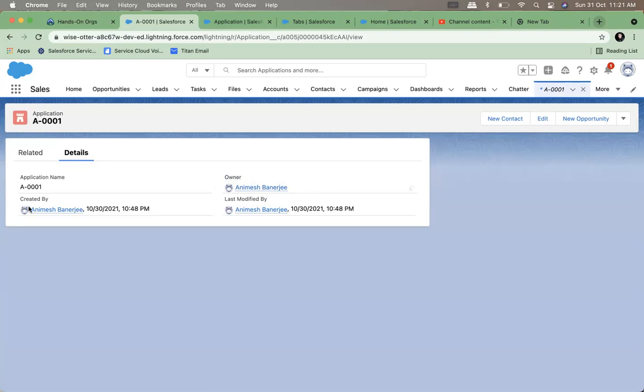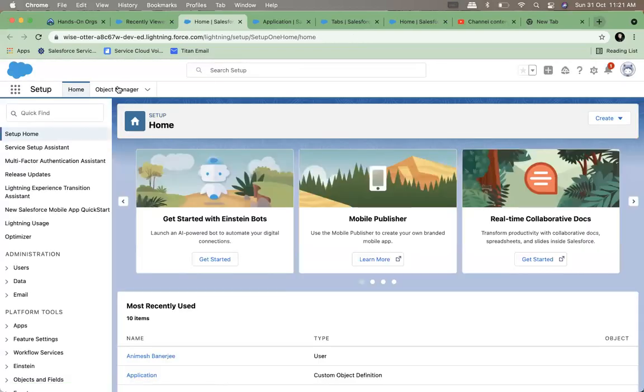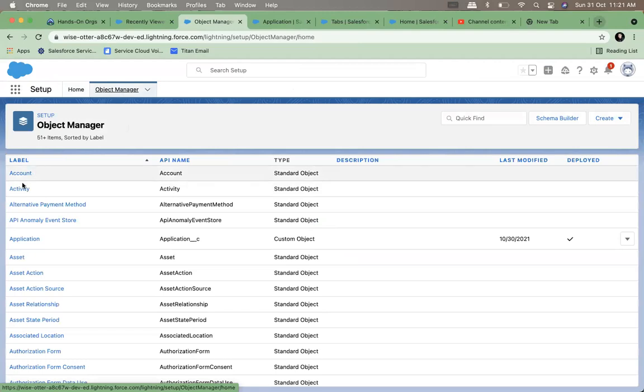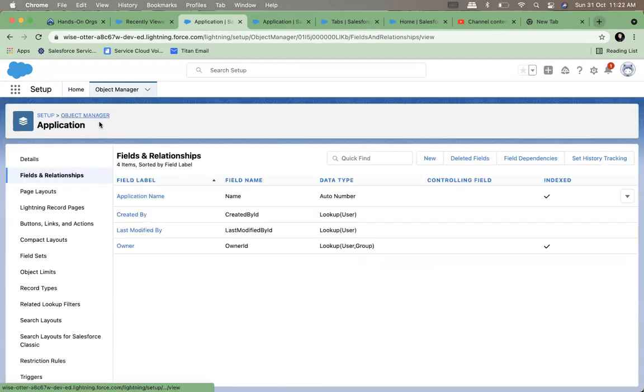So created by is an audit field. It gives you history about this record. This is also a history field. And this is related to security. We will discuss this later. Okay. So every table has data. And now we can add new columns to any table, be it a standard object or a custom object. So let's now start adding fields into our new object.